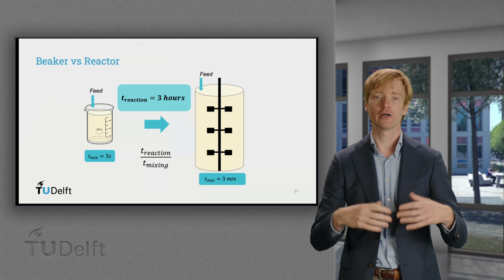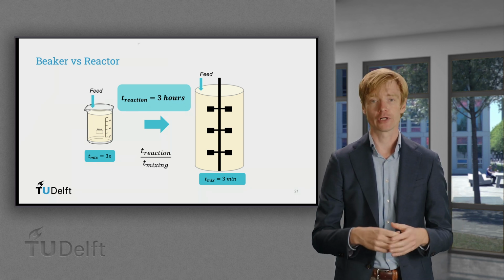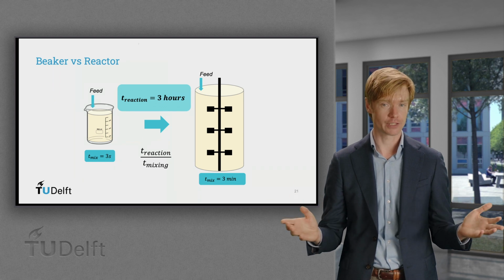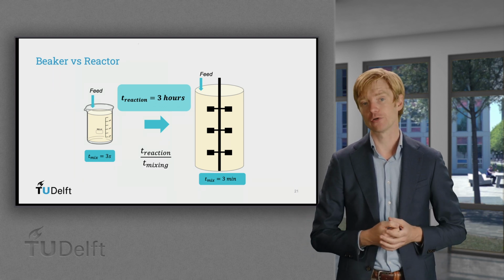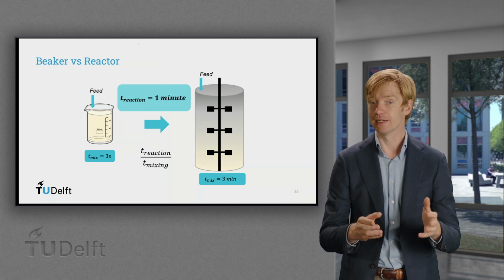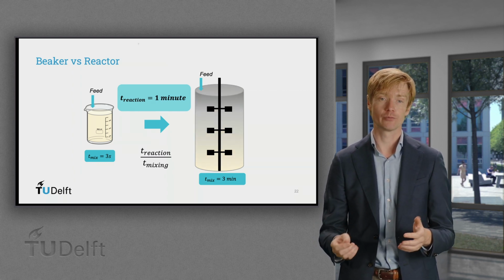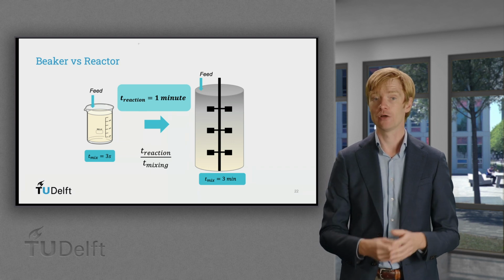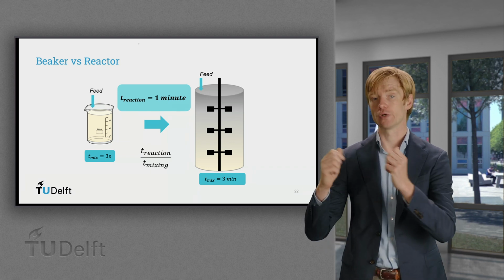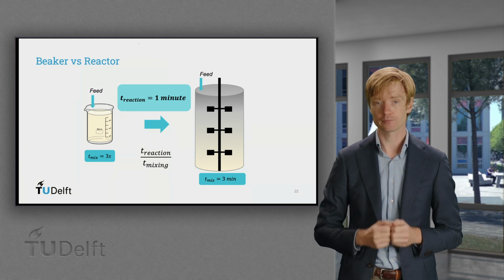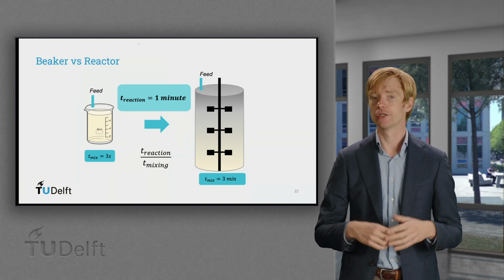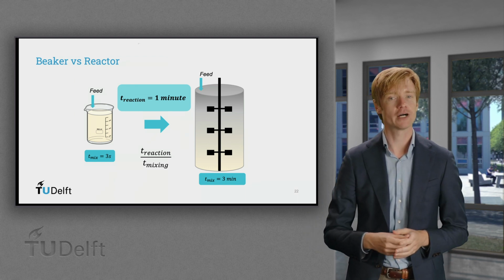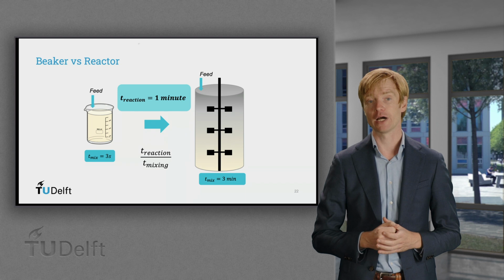Now, if the reaction runs very slow, for example, it takes 3 hours, mixing will not be an issue at either scale. But what if the reaction time is only a minute? In that case, behavior will be notably different between the small and the large beaker. We've transitioned a regime from well mixed on small scale to incomplete mixing in the reactor. Using timescales, dimensionless numbers, and balances, we can identify if scaling issues may arise.